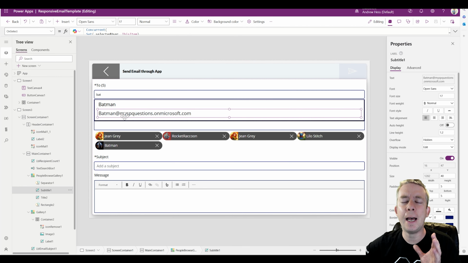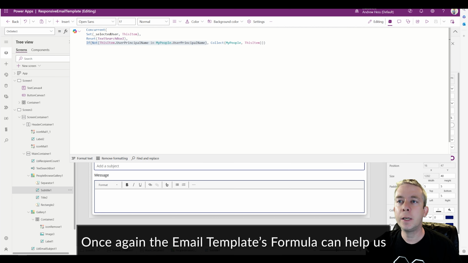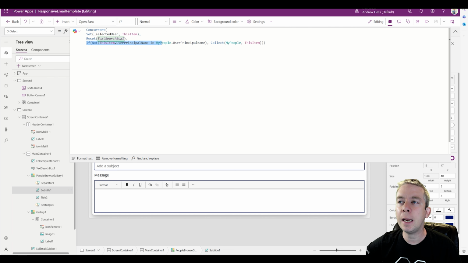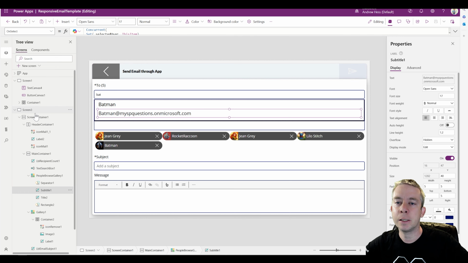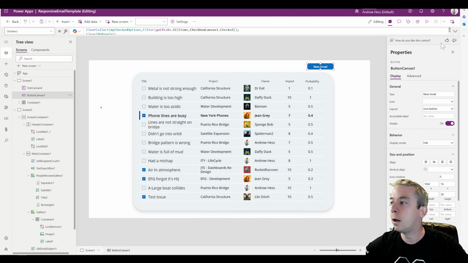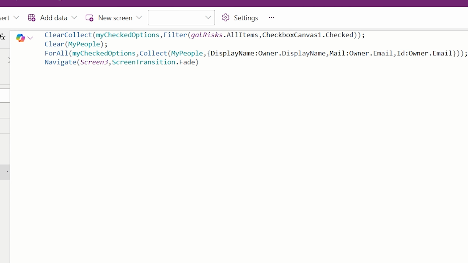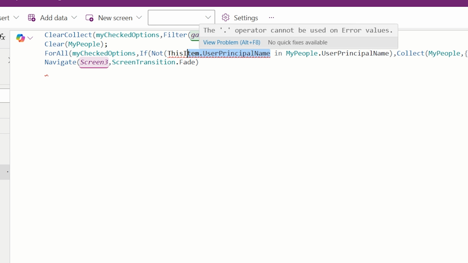So you can use the out-of-the-box stuff to kind of help you out. If we look here, you can see that if not this user principal name in my people. So that's how they're keeping it from replicating itself. I'm just going to take this part. That came right out of the box. Microsoft gave us that. I'm going to go to my screen on my new email button. So right here before my collect, I'm going to say, if not, instead of this item, I'm going to say this record